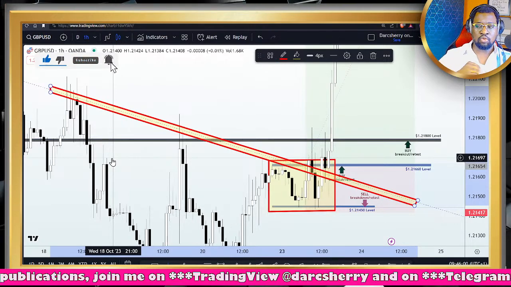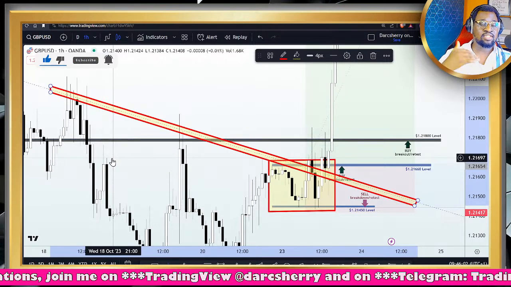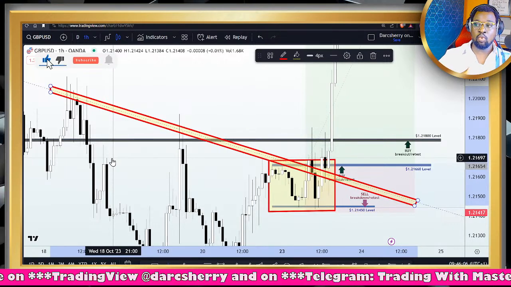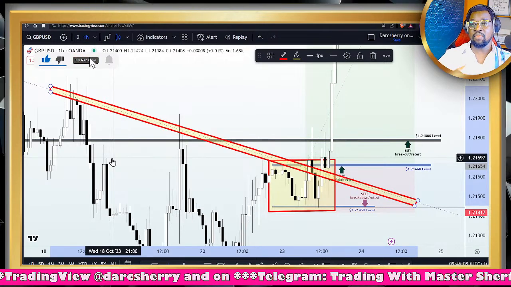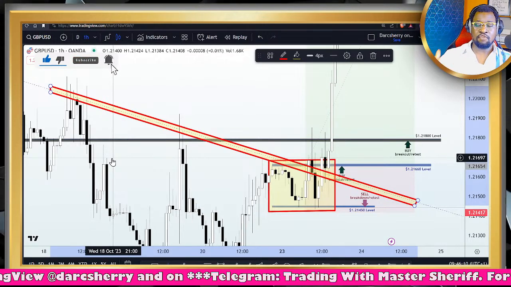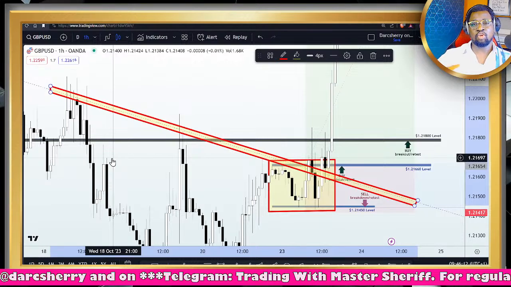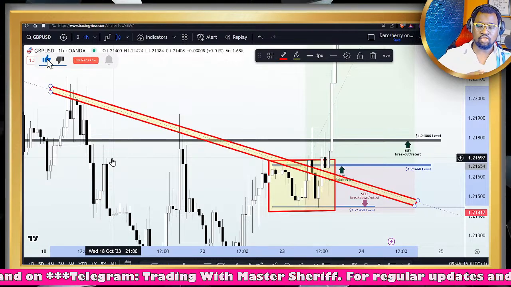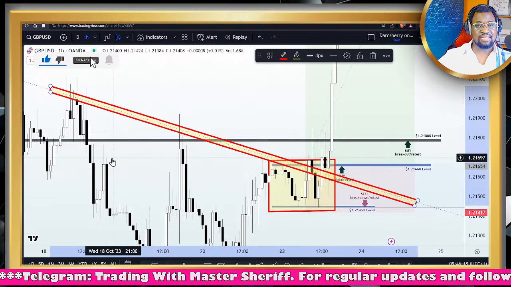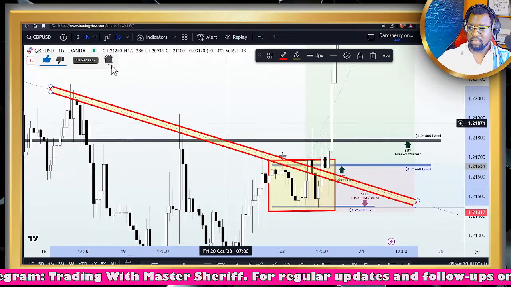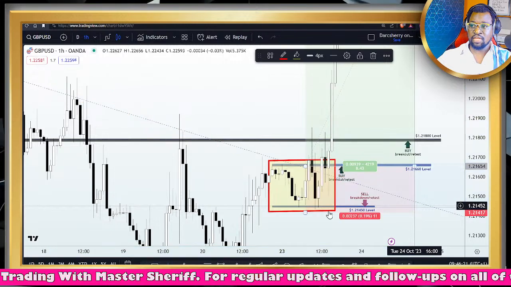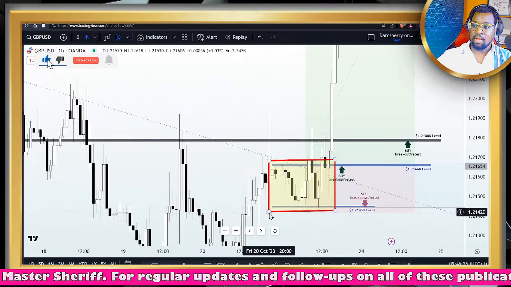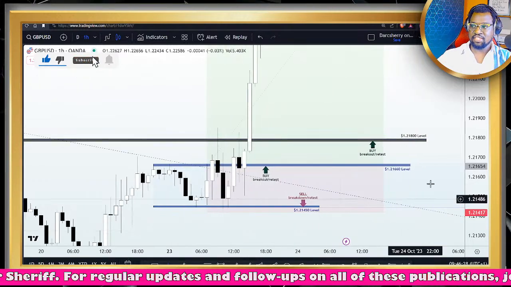And I told us all yesterday that we should allow our stop losses to be right below the support level at the 1.21450 area to give enough room for price action to breach. So we had a stop loss of about 25 pips on this current buy position, which makes it very much a profitable trade for us, making the risk reward ratio a very, very positive one to take advantage of.